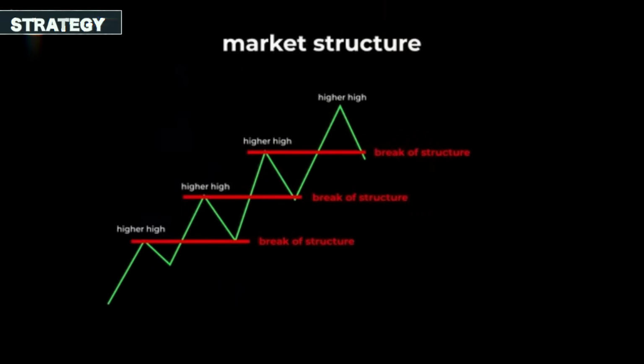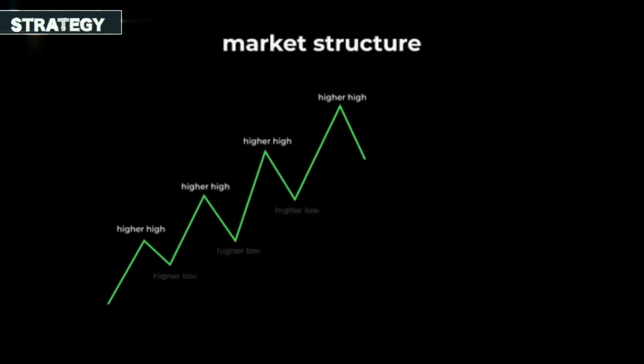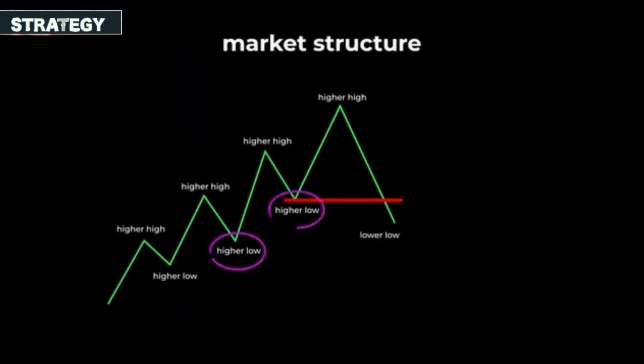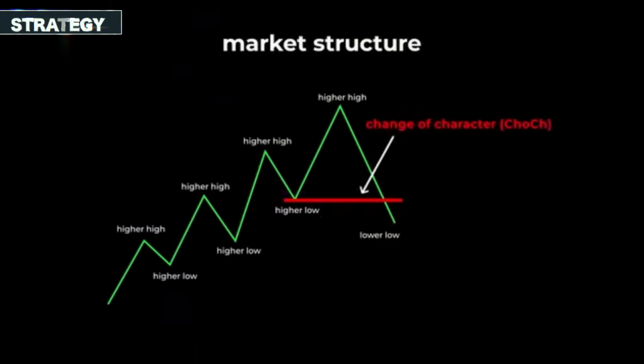Now, of course, markets don't stay in an uptrend forever. At some point, the trend will change. This shift happens when the previous lows are broken, leading to the formation of lower lows. Remember, before the break, we have higher lows, but once the price breaks those levels, they become lower lows. This break of the previous lows during an uptrend is called a change of character. Why? Because it shifts the character of the market from an uptrend structure to a downtrend structure,